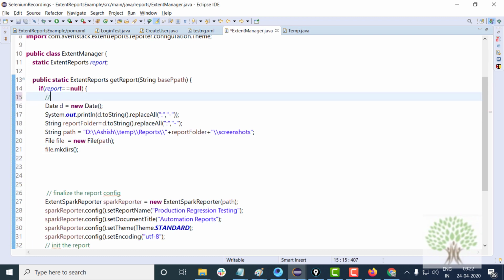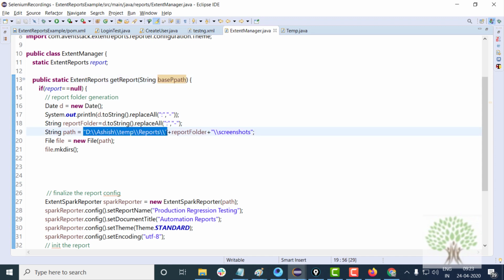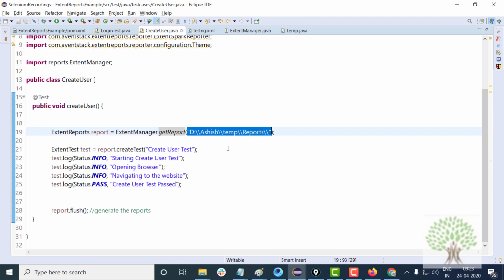Okay, this is the report folder generation you have to do under the base path. You will write over here the actual path, which will be the base path, whatever path you are sending over here.